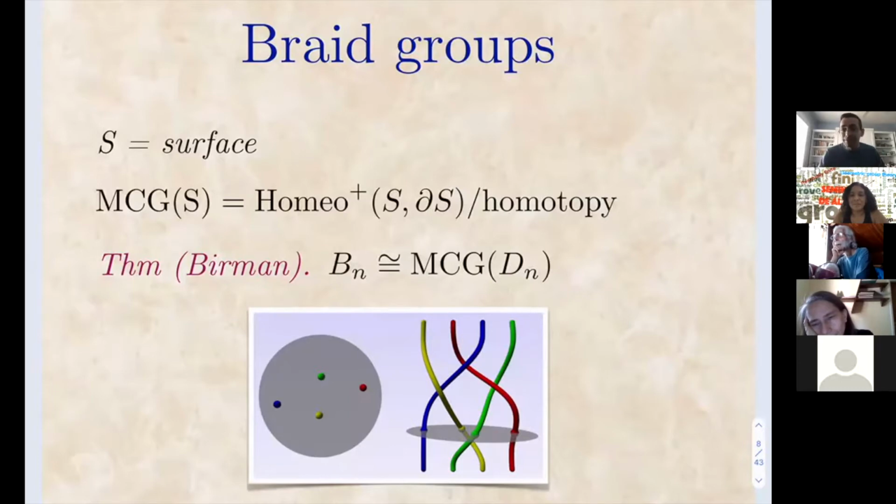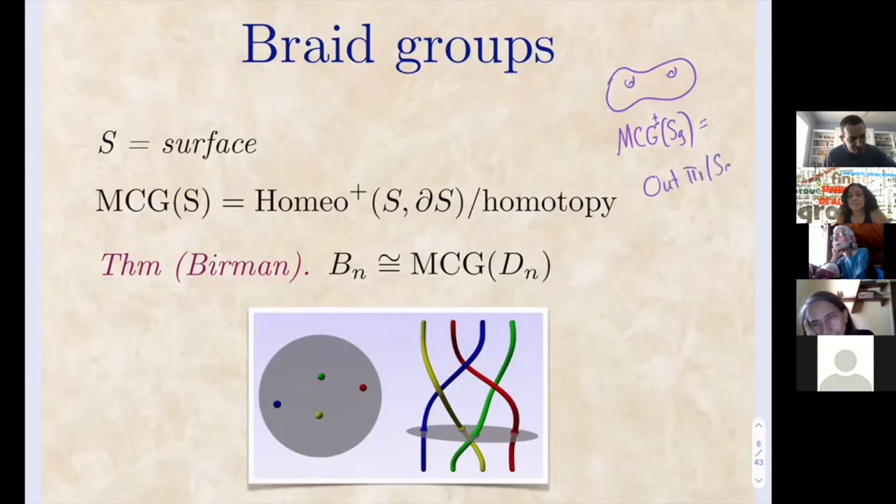Mapping class group is the group of automorphisms of a surface, right? Very good point. The mapping class group is the group of outer automorphisms. So when you have a closed surface, the mapping class group of a closed surface is, and maybe you should allow orientation preserving, but it's basically out